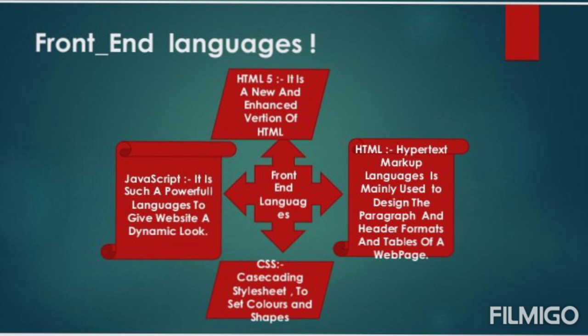Front-end languages are mainly used to do the design parts of a website, making different designs and working on the paragraph, color, header, footer, etc. These works are maintained and given a dynamic look by an essential language named JavaScript, and other languages are HTML 5, hypertext markup language, used to design front-end parts like table, paragraph, etc. Then CSS, that is cascading style sheets, which is used to maintain the color for different attributes of the website, hence giving a dynamic look to the constructs of the website.